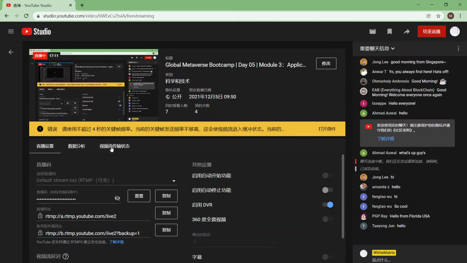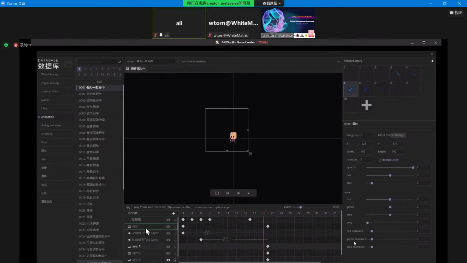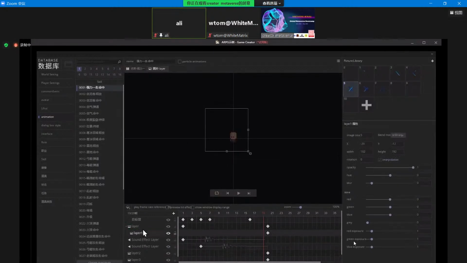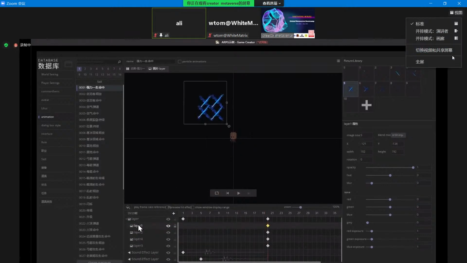Therefore, I add 4 here. I'm going to move them together. They are both here.